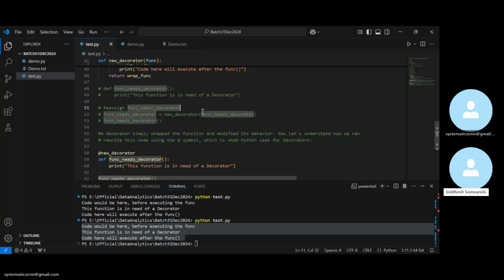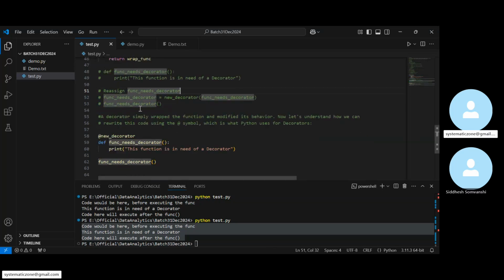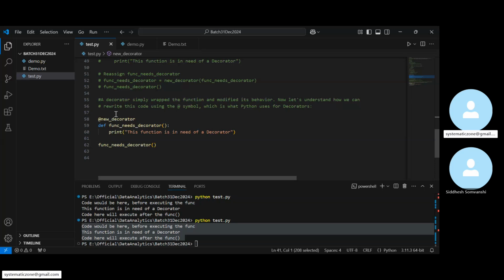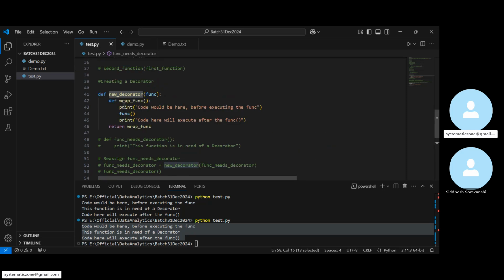Yeah, I got it. Now, instead of writing all this logic, what we are doing, we declared this function, and if you want to treat this function as a decorator, you have to use this At the rate symbol. Now this function will do a decoration of the below function, and just we call this function. So what this function will do, there is a decorator, so it will first go here, it printed this line, again